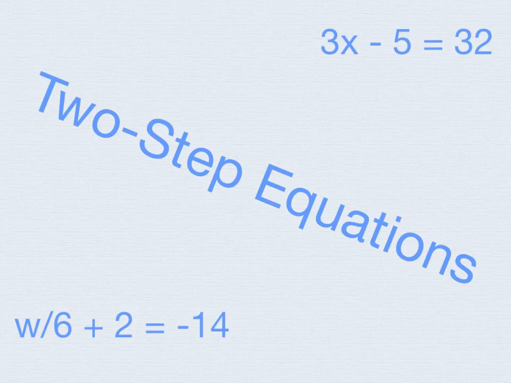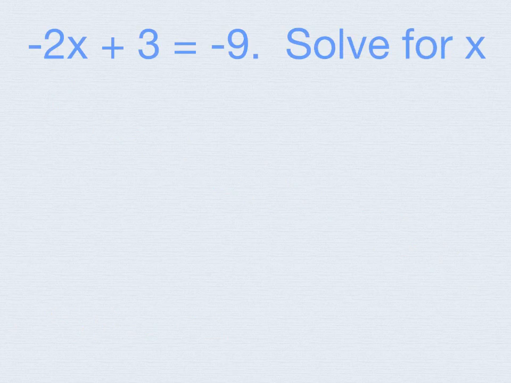Short and sweet, solving two-step equations. Just like we did in one-step equations, it's important to read the question. So negative 2 times x plus 3 equals negative 9. Solve for x. Reading the first part of this again, negative 2